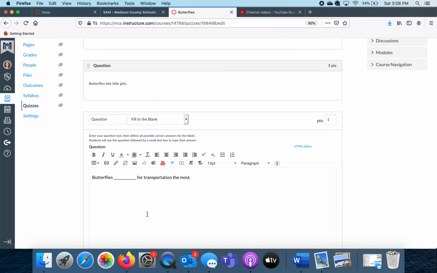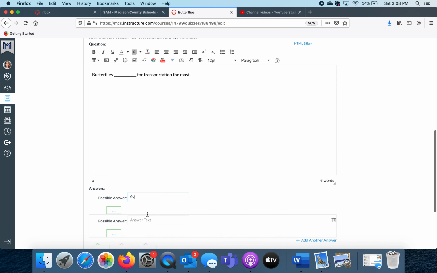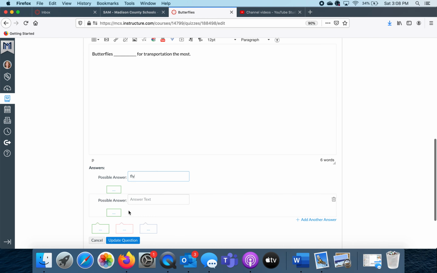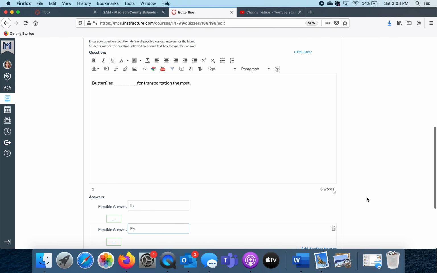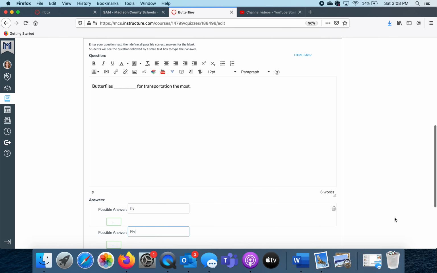Now, I'm kind of mad at this right now. Okay. They are going to write in the box. Oh, these are the possible answers. All right, now, something else you're going to do is you could also write fly with a capital F because you don't know what they might write. They could put it in different ways. Some of them might capitalize it. Some of them might lowercase it. So make sure you put more than one option as to how they write it because